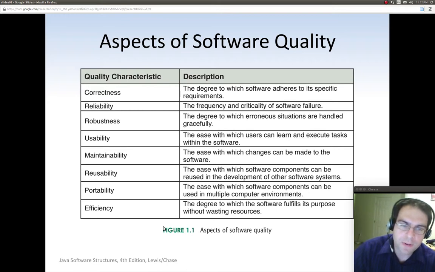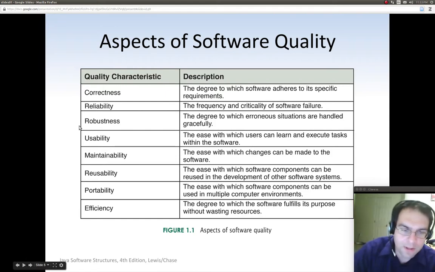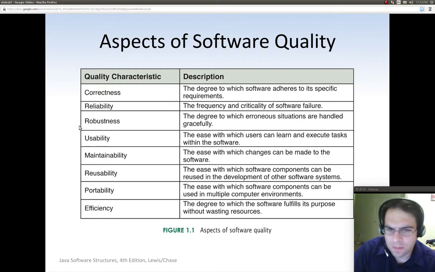And then there's usability. Difficult to measure without user studies, and this is something where, if you make it usable, that can be really good for marketing, but maybe not. You can't sell anything if you don't have it first, so usually the priority is to get it out on time. Maintainability. So in engineering systems, maintainability becomes important, because if we recognize that it's never correct, it's hopefully reliable,